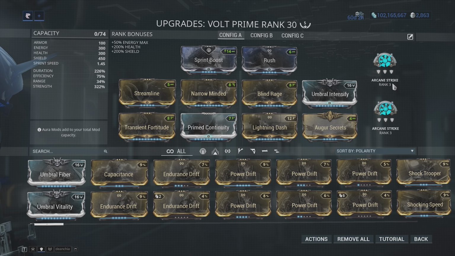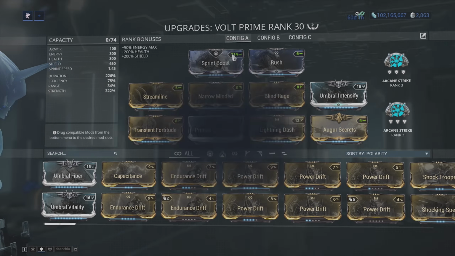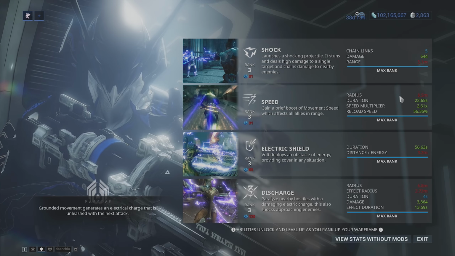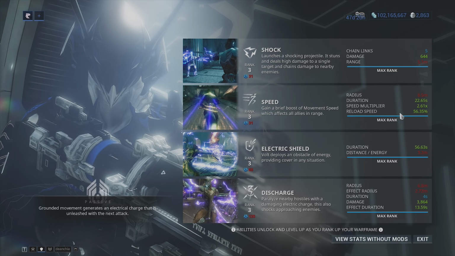It's going to feel more fluid, which is going to make playing a speed vault just a lot more enjoyable, at least in my opinion. So yeah, I'll give you guys a look at the stats. So we have 31 energy per speed cast, and we got a duration of 22 seconds, speed multiplier 2.6 times, reload speed is increased by